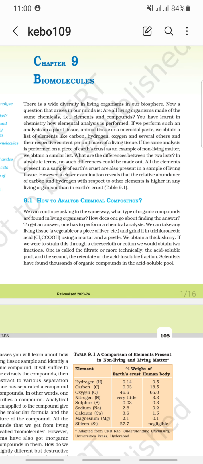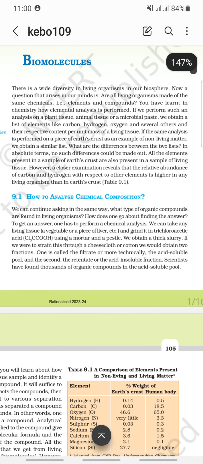Chapter 9, Biomolecules. There is a wide diversity of living organisms in our biosphere. Now, the question that arises in our mind is: are all living organisms made of the same chemicals, that is, elements and compounds? You have learned in chemistry how elemental analysis is performed. If we perform such an analysis on a plant tissue, animal tissue, or microbial paste, we